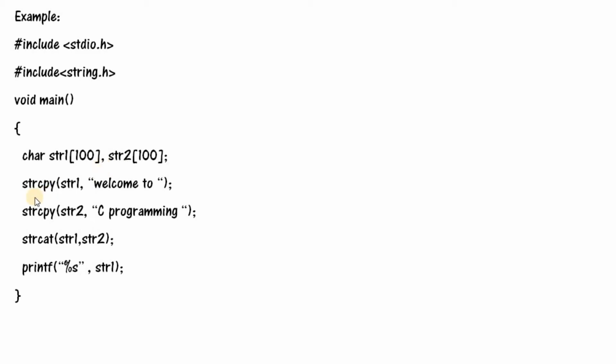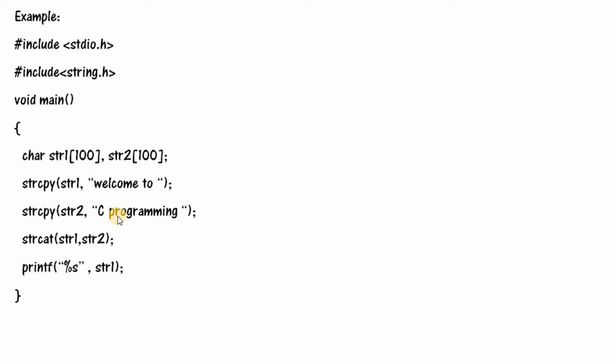The strcpy function is called to copy a string into str1, and once again the strcpy function is called to copy a string into str2, so that str1 content is "welcome to" and str2 content is "C programming". Now after calling the strcat function, both these strings get concatenated, which means that "C programming" will get appended at the end of "welcome to".